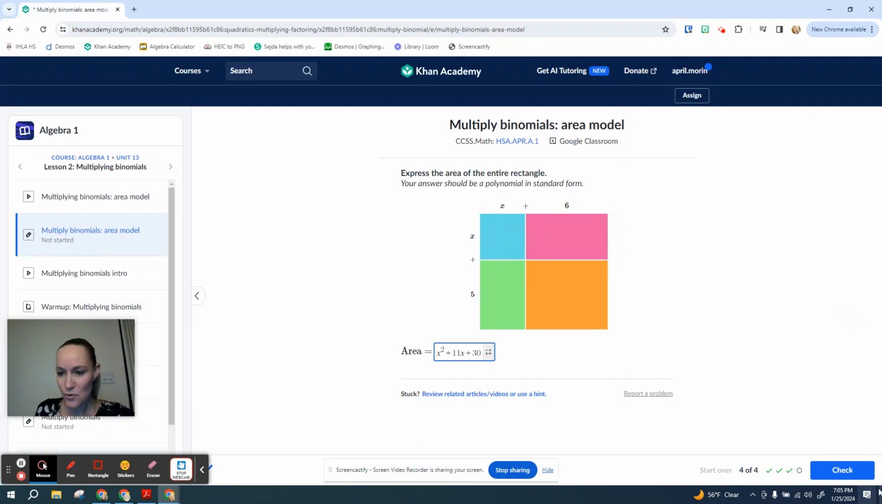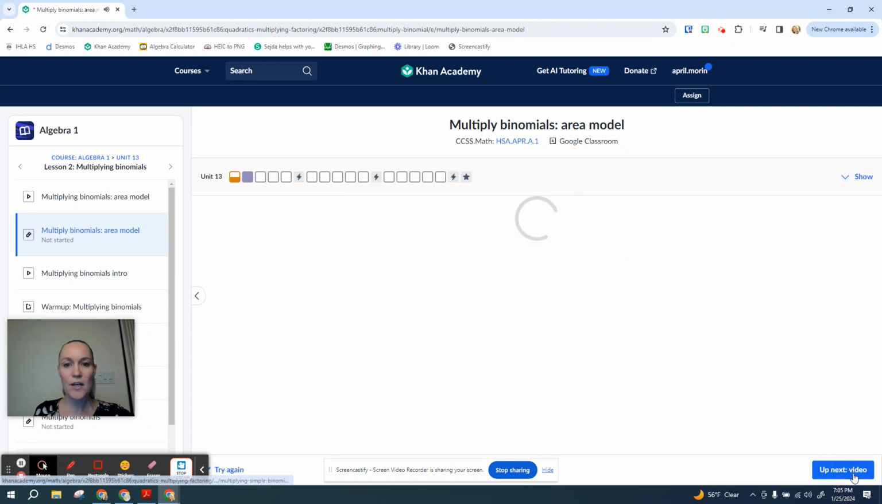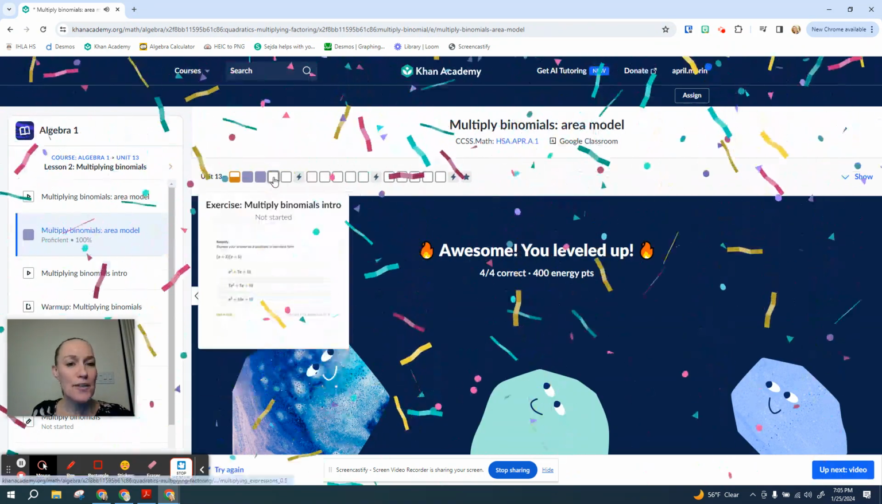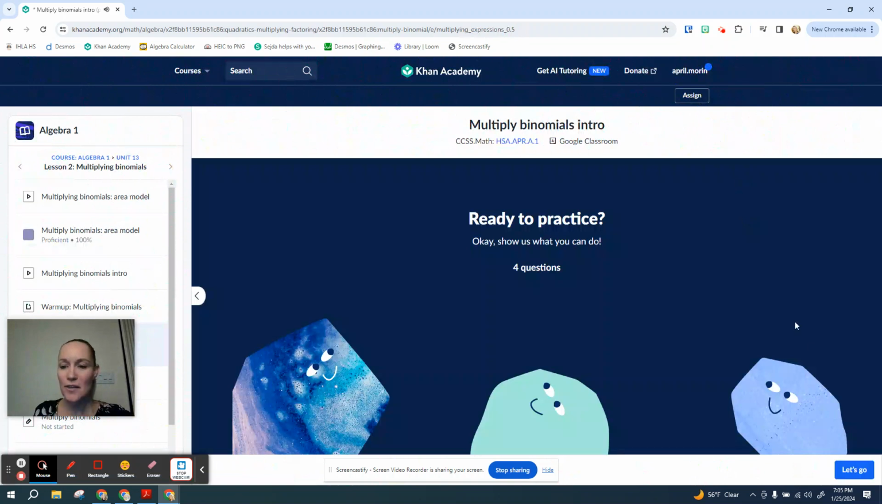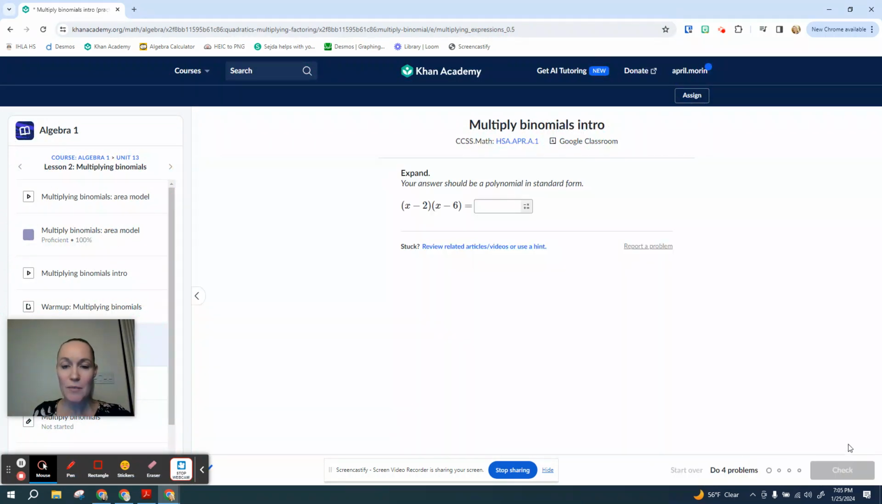Okay, so let's check it. Right, there we go. Third square done. Let's do the fourth square. Okay, we're going to keep multiplying binomials. So this time, instead of us visually seeing all of the pieces that we're going to multiply, we're just doing it